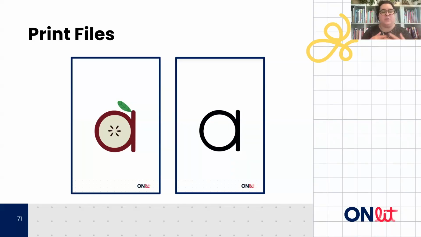It's important to do that. And we want to build that early knowledge. But once students are accurate, we want to be able to fade that out and give them that opportunity to work with that stimulus or that letter that looks most closely to what it would be if they were actually reading. So we have cards for those. They come 2 to a page, so you just need to print them and slice them down the middle. Preferably with a paper cutter and not with a rotary cutter like Melissa did last night. We would recommend against that.